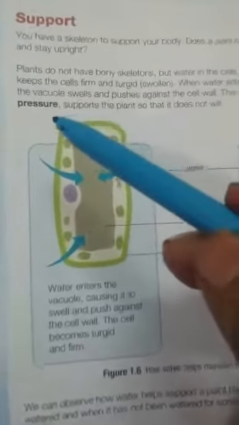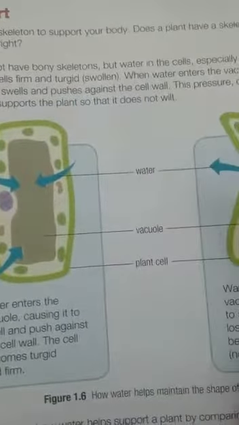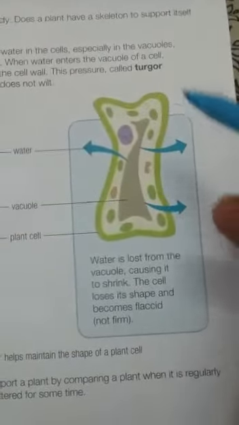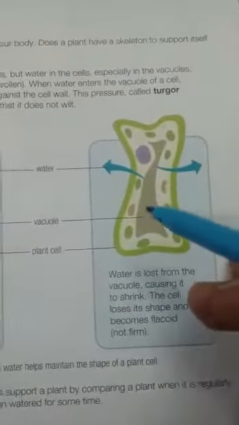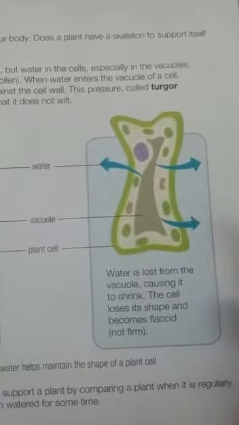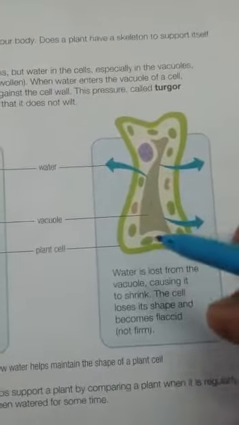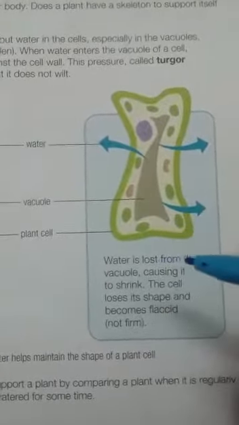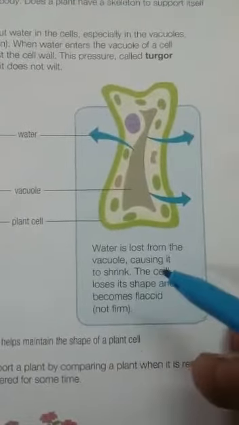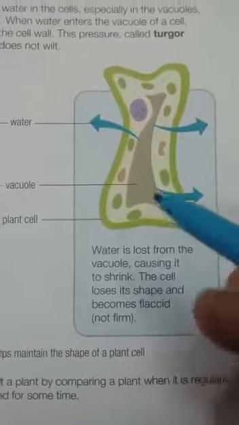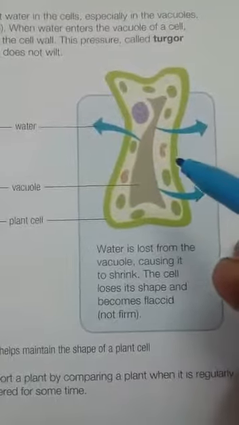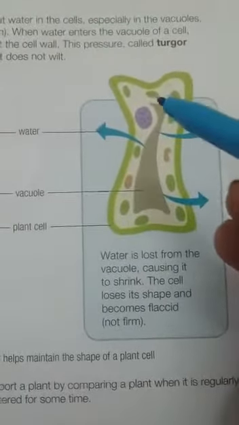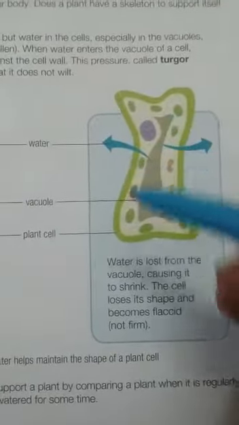In this way you can observe that water causes root pressure, or gives a turgid shape to the plant cell. And if there is a leakage of water, I mean if in the surrounding there is more water, then water will move from the vacuole towards the outside. Then you can see that after losing water, the vacuole shrinks. It means water is highly essential for the proper shape and turgidity of the cell.